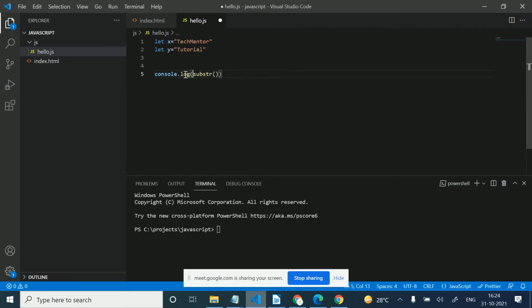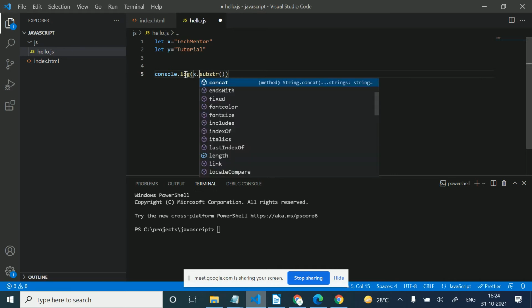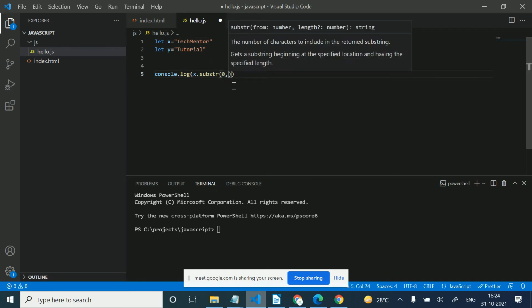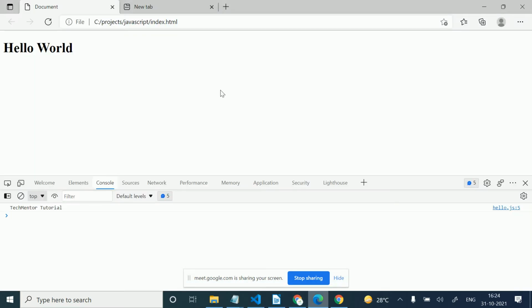I need to call this substr on the string, x dot substr. I will pass the first position from where I need to get the substring. I want to get from 0, and the length of the substring is 4, like tag, 1 2 3 4. So 4 characters are required, so I'm entering 4. Let's refresh. So I'm getting here tag.